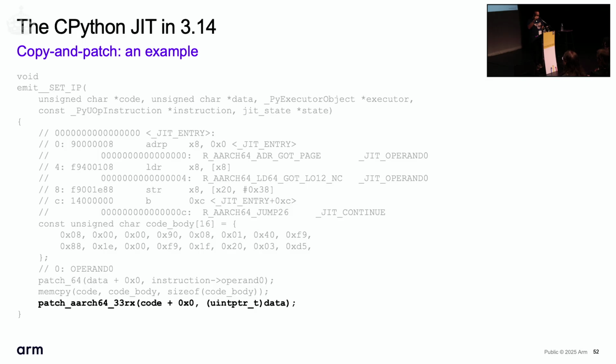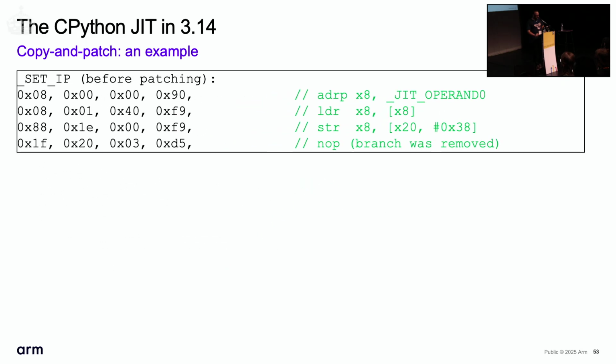patch_aarch64_33rx, and this is where things are a little bit clever. This function tries to relax the code. What does that mean? If the operand is close enough to the instruction pointer, the patcher can rewrite the address page plus load register, the first two instructions that we saw earlier, into a more efficient instruction, like a load register with a PC-relative offset. So once we have our stencil generated at build time, let's see how it is emitted at runtime, when we execute our